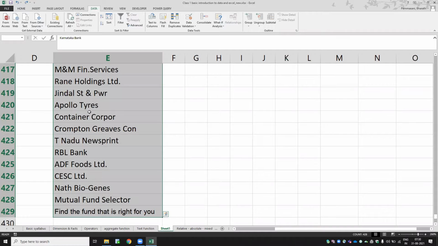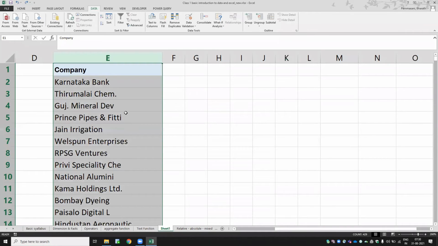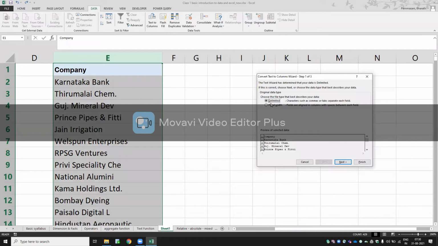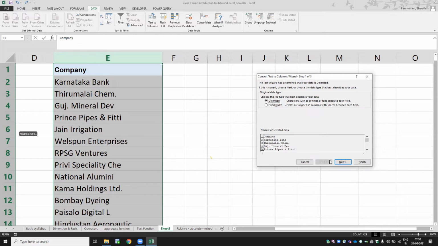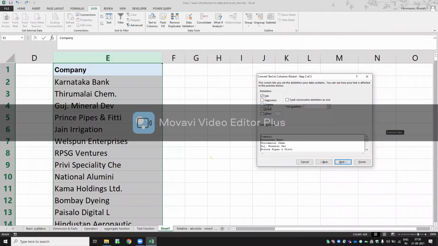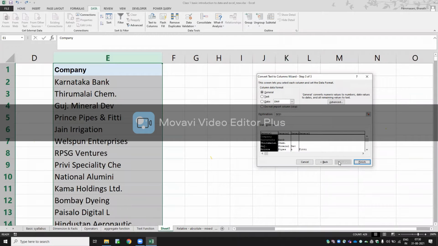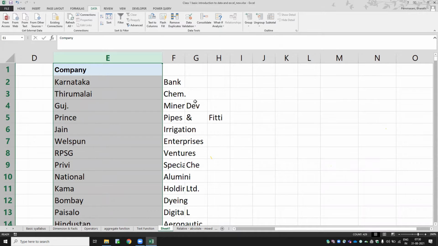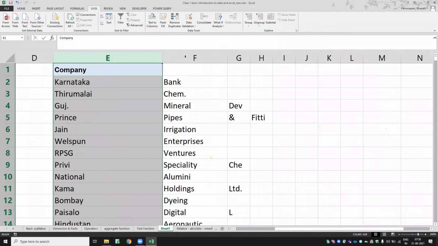Let us try one more time how to get this value. Now I selected the entire column. I have to split the data with the help of space. First, I'll go to Data, Text to Columns. I'll select Delimited, click on Next, and select space as the delimiter. If I remove the space, see here, normally the text is like this. If I select the space, can you see the text is split? Just click on Next and Finish. The first name and second name will be split easily. So this is the other way of doing it without writing the formula.